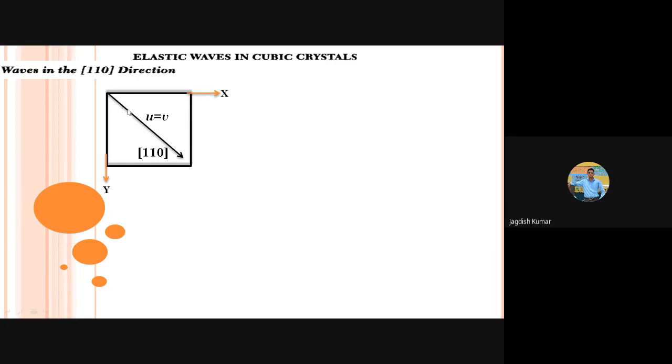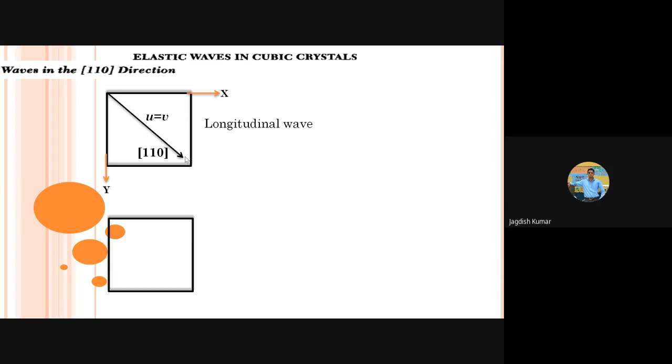Where will the particle move to? If it was initially here, it will move to this point somewhere like this, along this line, because this is the line representing u equals v. So the oscillation of particles under the condition u equals v represents oscillations on this line, which is nothing but the longitudinal wave, because the direction of propagation is the same line and the particles are oscillating along the same line. So this is representing longitudinal waves. I hope this is clear to you.